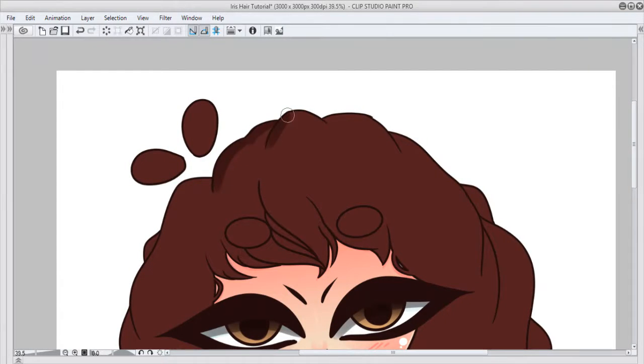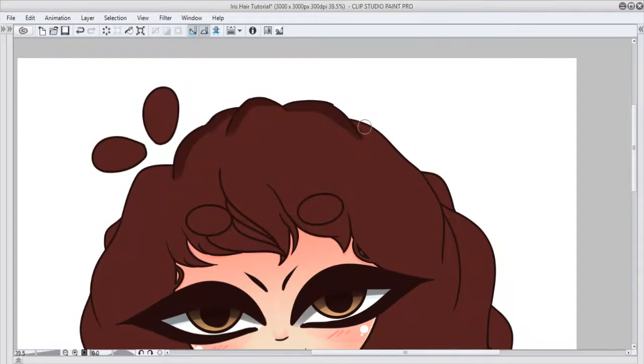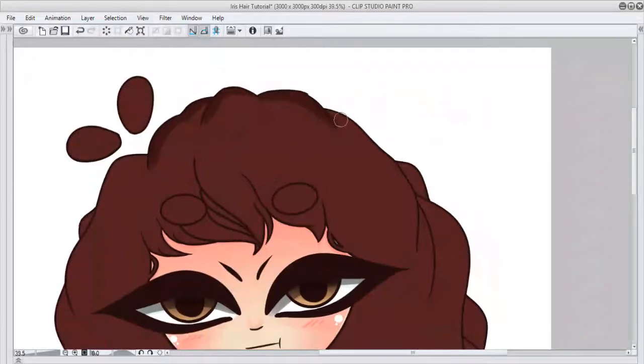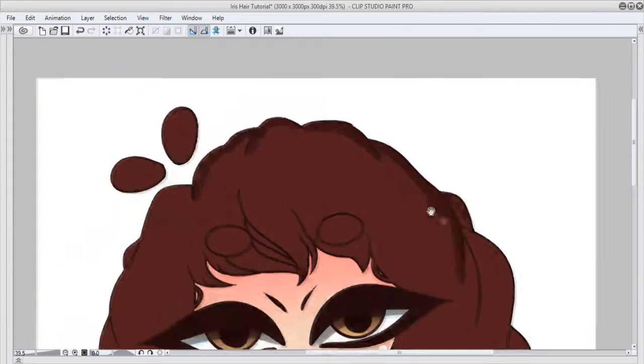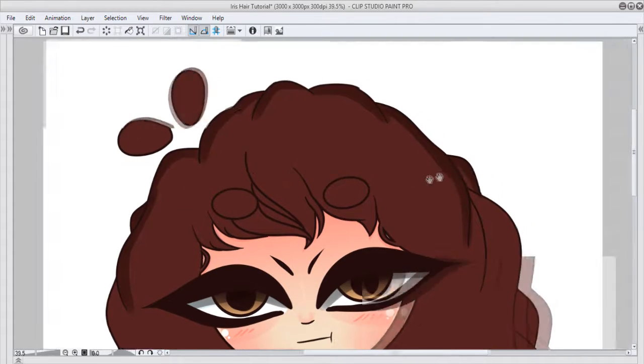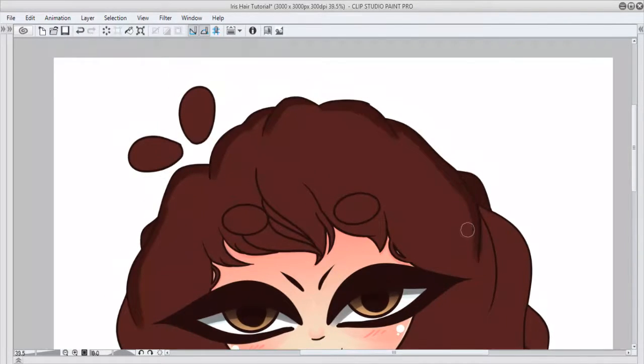We're going to shade the top of the hair like this, like line it out a little bit, and like I said, I'm using the opaque watercolor tool. I'm sure in Sai you could just use a watercolor brush, and that should work. And this is how I'm gonna do the hair for now. I'm just gonna start off with this top, shade it like this, and I have some hair in the back I used to just darken all together. And once I get a rough feel of things,